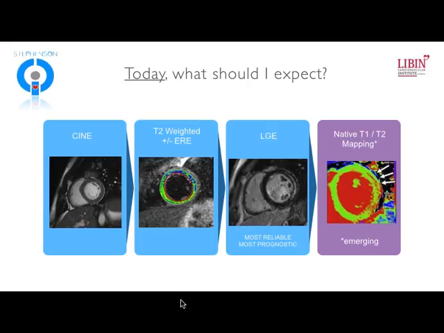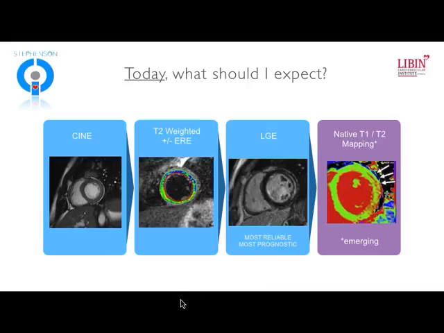T2-weighted imaging, I think, is going to maintain itself as part of the core protocol for some time. I think that a lot of clinicians, if they do see abnormalities on late gadolinium enhancement, are still going to want to know, is this a recent injury pattern or not? In isolation, does it identify myocarditis if you have no other abnormality on imaging? Probably not. There are maybe a couple of cases where it has been questioned whether or not you can have myocarditis with abnormal T2-weighted imaging and absolutely no late gadolinium enhancement. I think it occurs, but rarely.